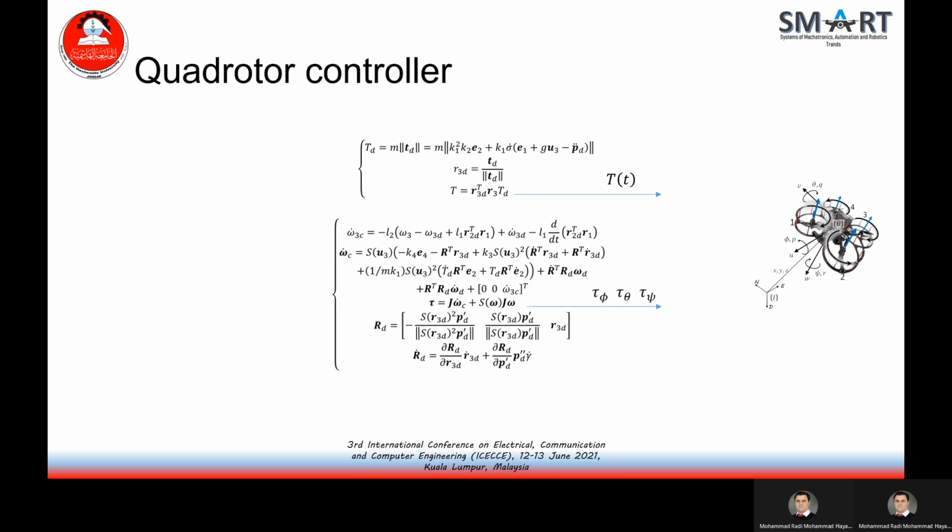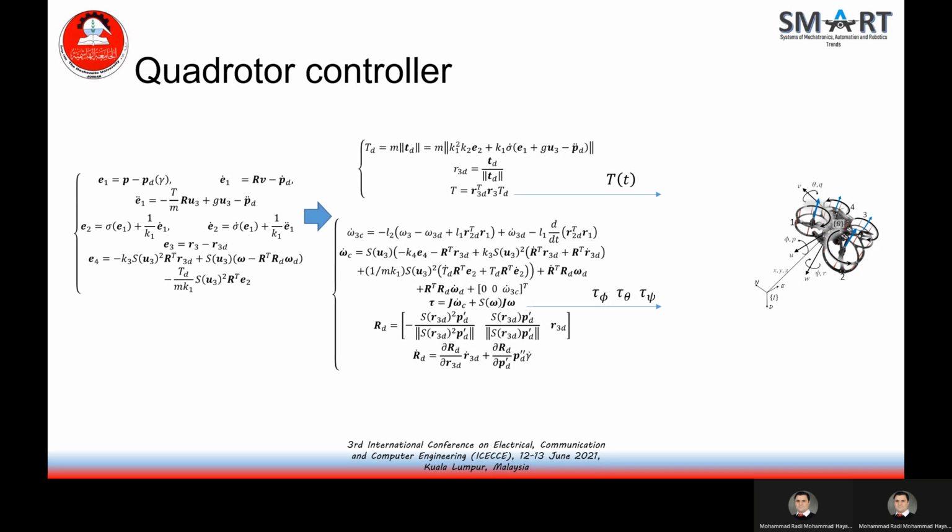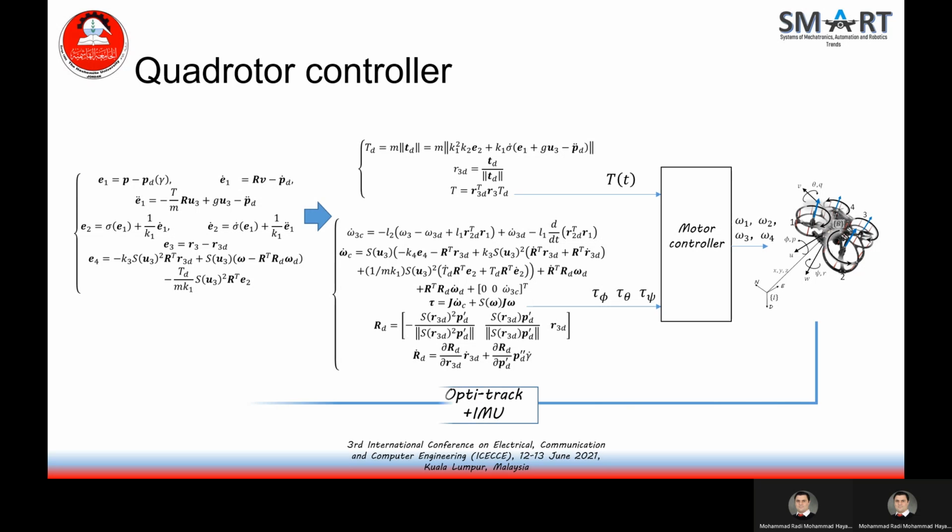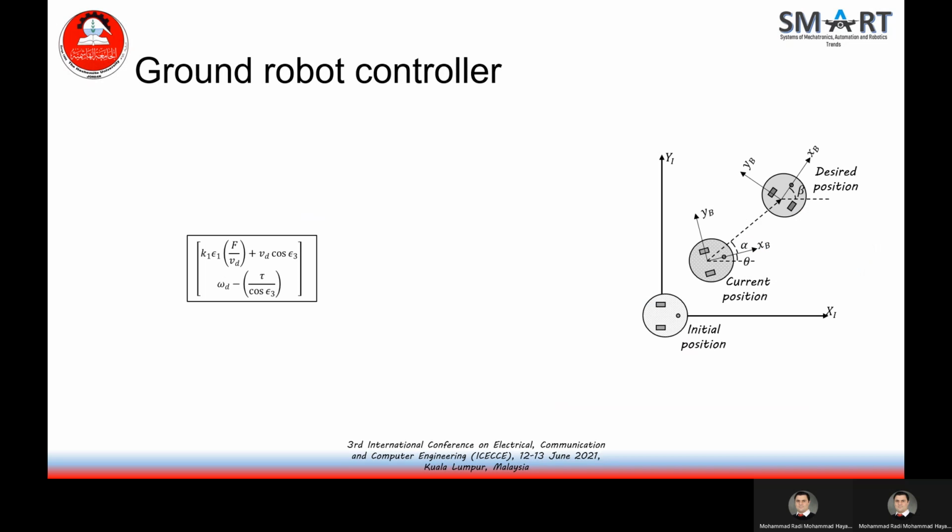The backstepping controller defines four error vectors, which are calculated to be considered in the control law, and the current positions of the quadrotor and the rotational angles are provided using an indoor motion capture system. Furthermore, by fusing information from the motion capture system with an inertial measurement unit, we can get an estimation of the linear and angular velocity.